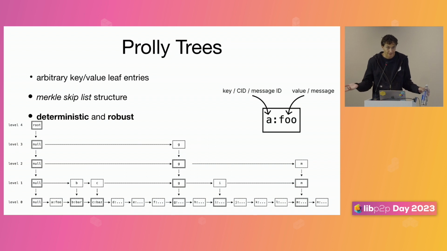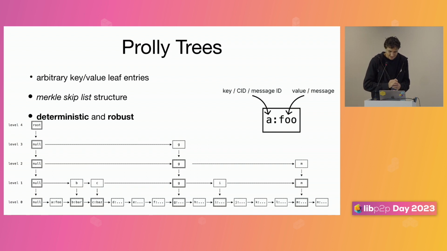There are a bunch of ways of building deterministic Merkle trees. The simplest one is just a binary Merkle tree, that pairs every leaf and then keeps doing that until it gets to the root. The difference with a Prolly tree is that it's also robust. That means that if you make a single edit, let's say we insert a new leaf into the middle of the tree, and then redo the deterministic algorithm that creates the structure, the entire tree isn't going to shift over like it would with a binary Merkle tree. Instead, almost all of the tree structure will remain the same.